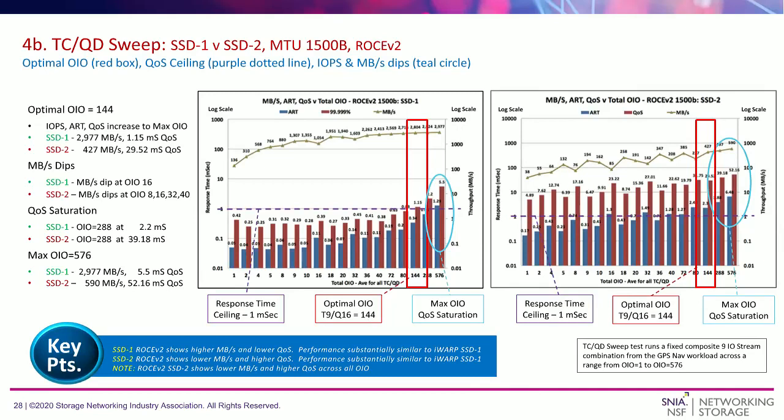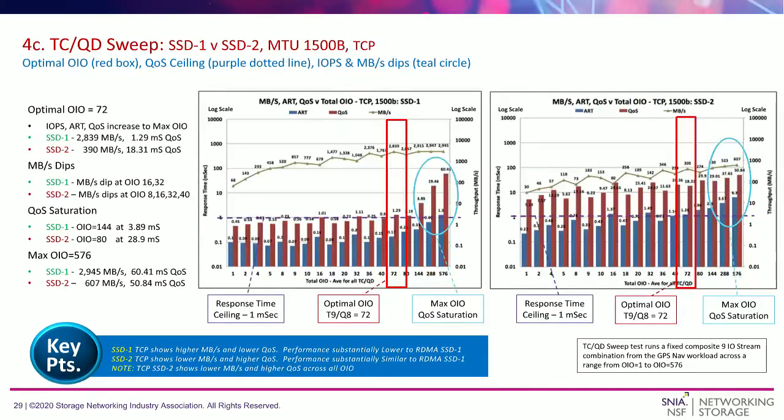And then finally, looking at the next slide, which is a TCP case where there's no offload, we see on the left-hand side, SSD1, 68 to 2900. So the megabytes are lower than the previous SSD1 for the RDMA-based transports. Again, the response times start to exceed the 1 millisecond at 144 OIO, but much more. So instead of going up to 4 milliseconds or 5 milliseconds, we're going to 31,960. So there's a very big difference here